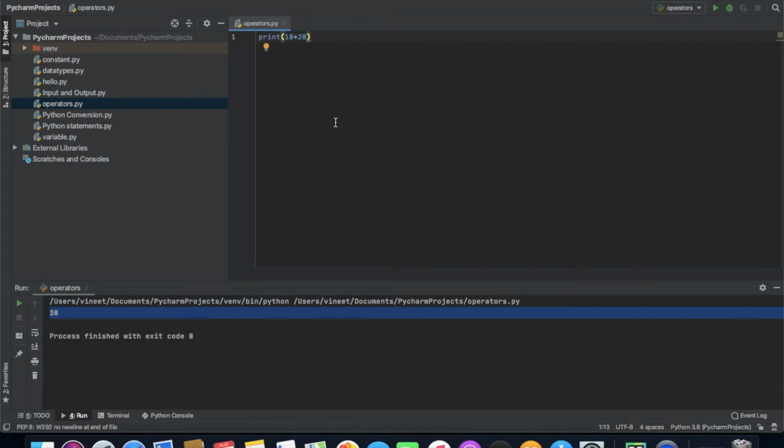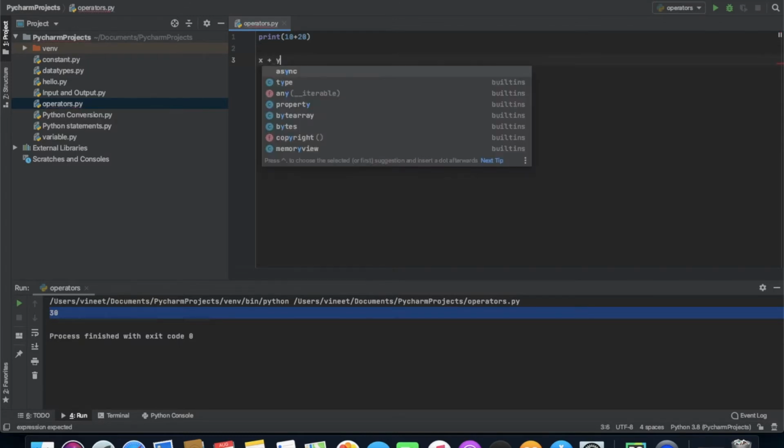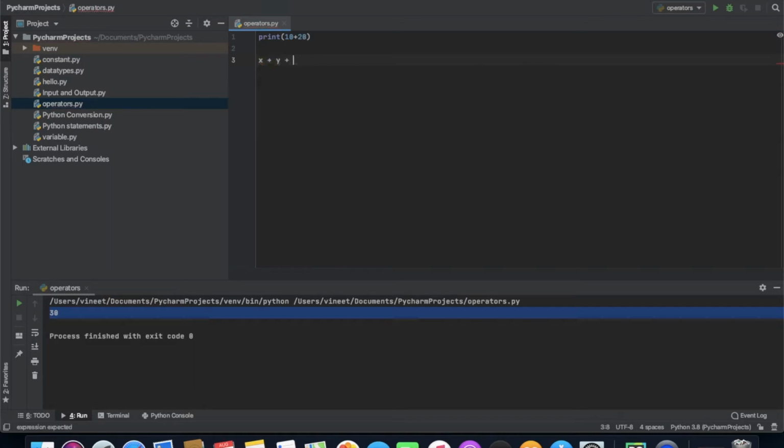So let's talk about arithmetic operators. Arithmetic operators are used to perform mathematical operations like addition, subtraction, multiplication, etc. So if I do x plus y plus z, these are the three operands on which we are using the plus operator.